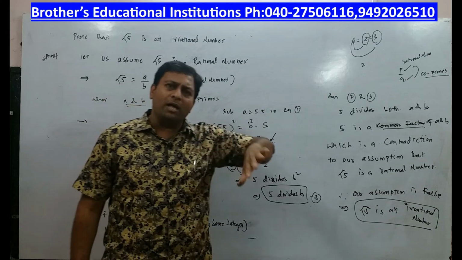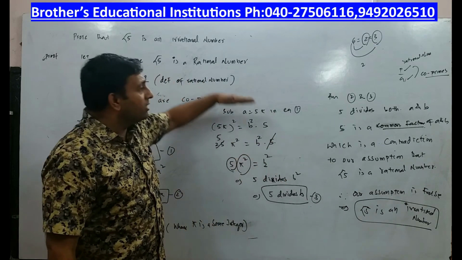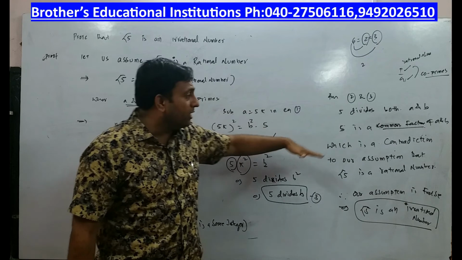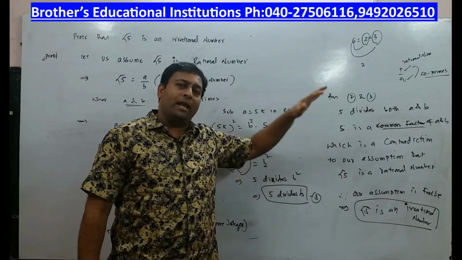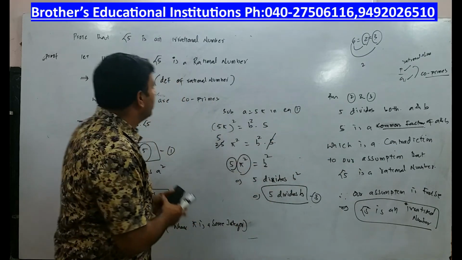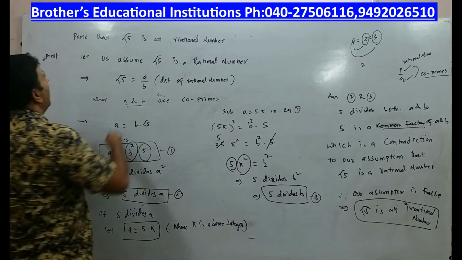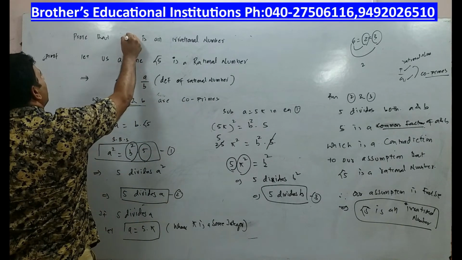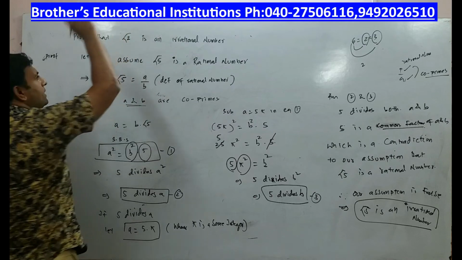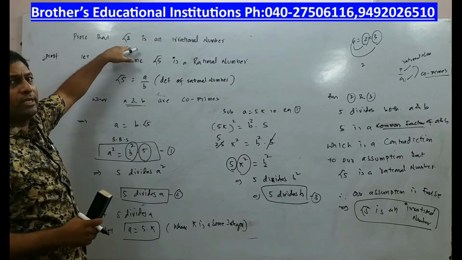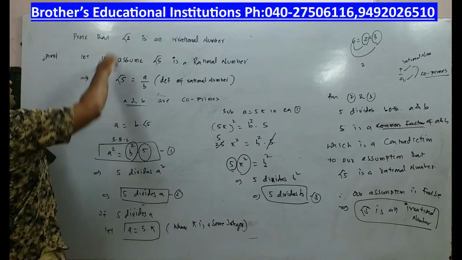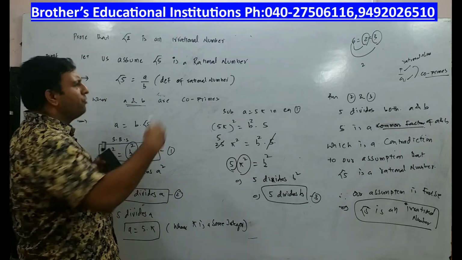Children, you are awarded marks here for the sake of procedure. So make sure that you don't neglect any of these steps, and I want you to practice this again and again. See what I am going to do. Let me take some other number. This time I will prove that root 2 is an irrational number. How do I do that? By the method of contradiction, again the proof by contradiction.